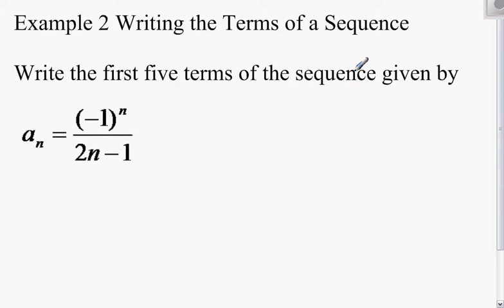So we're going to start with example 2 now, writing the terms of a sequence. I want you to write the first 5 terms of the sequence given by a sub n equals negative 1 to the nth power over 2n minus 1. First 5 terms, we start with 1. So a sub 1 equals negative 1 to the first